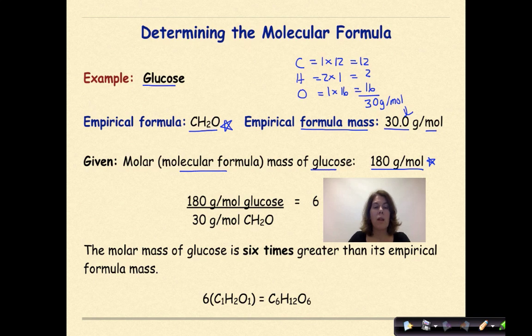Now, we have the molar mass, we have the empirical formula mass, so we need a whole number. So we're going to take the larger amount, which is the molar mass, and divide that by the empirical formula mass, which was given in this example, but typically we would have to calculate, and we get the number 6. That 6 right there is what you are going to multiply all the subscripts by in the empirical formula. So the molar mass of glucose is 6 times greater than its empirical formula mass. So take that 6, multiply it by all the subscripts in the empirical formula, and you will get the molecular formula of glucose, which we know is